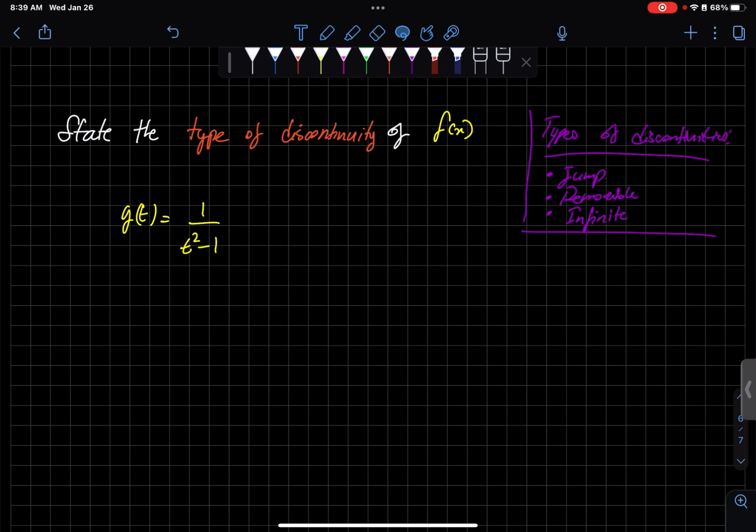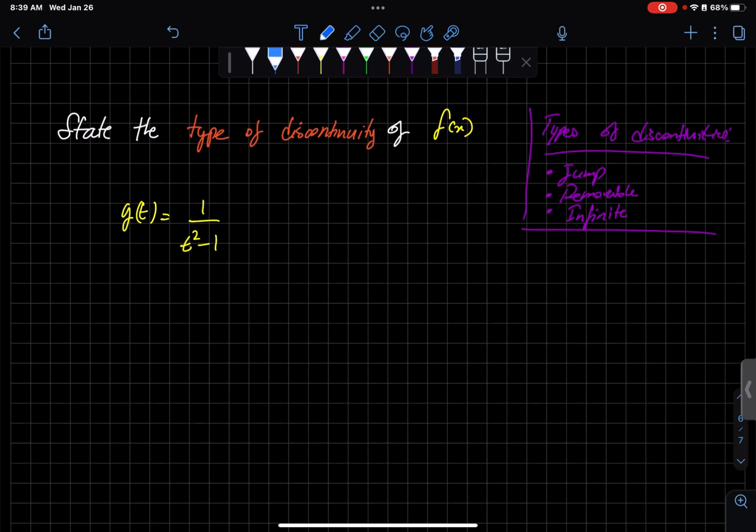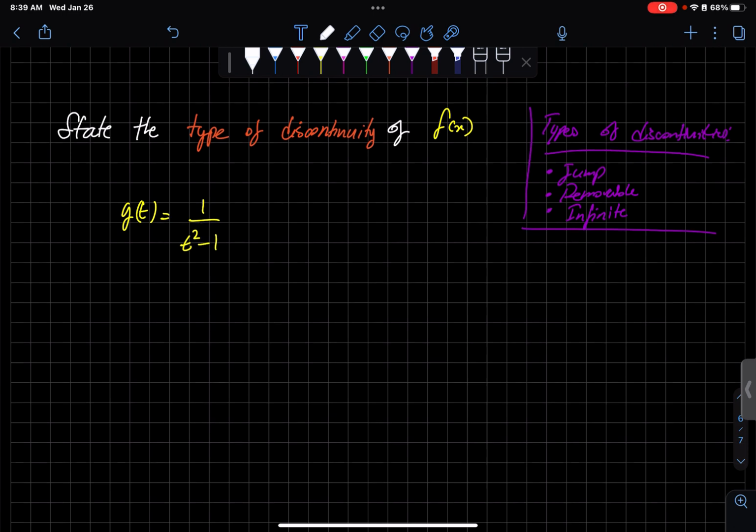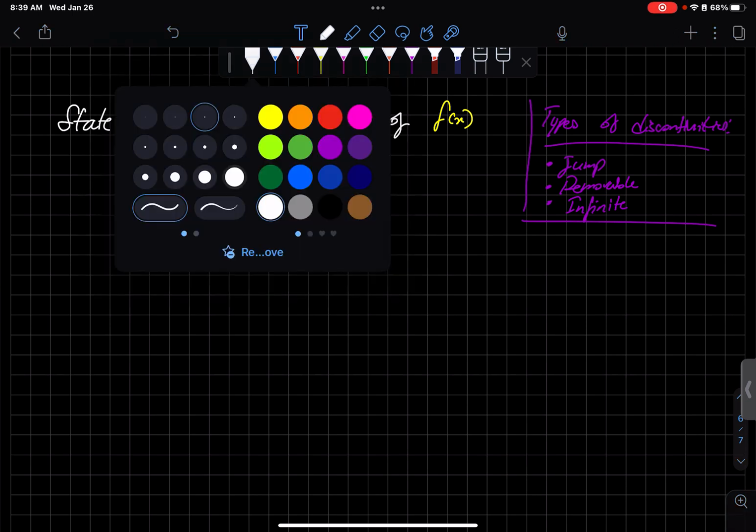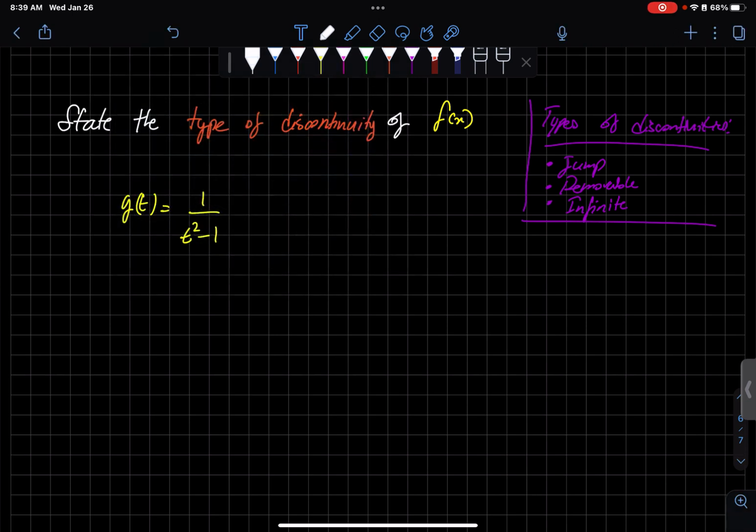Okay, so this is another problem where we have to investigate the function and then state the discontinuities, if they exist at all, right? So when you have a function like this, there are a couple of things that you can check to see where the discontinuities are, right? First of all, a great place to start is to check if you're dividing by zero